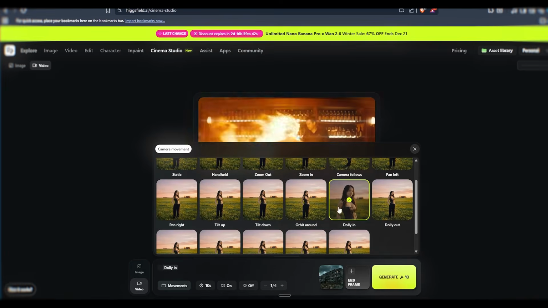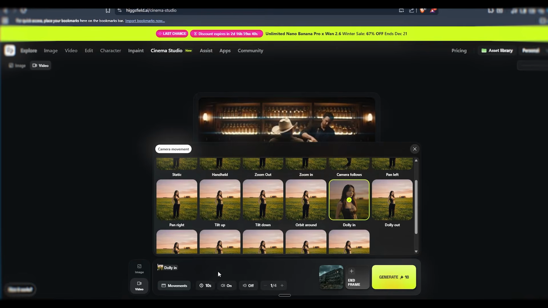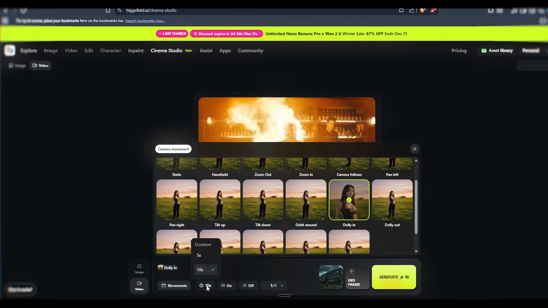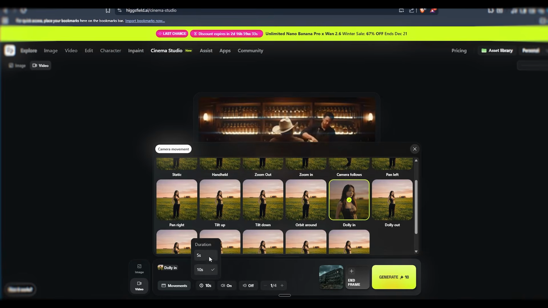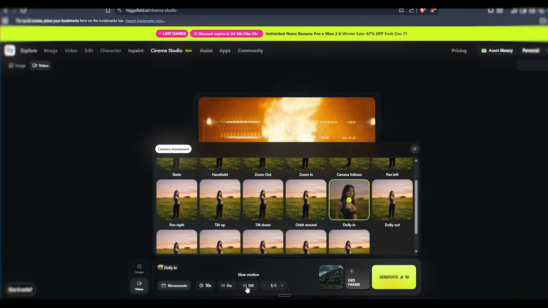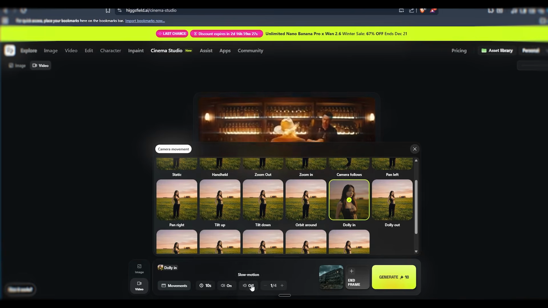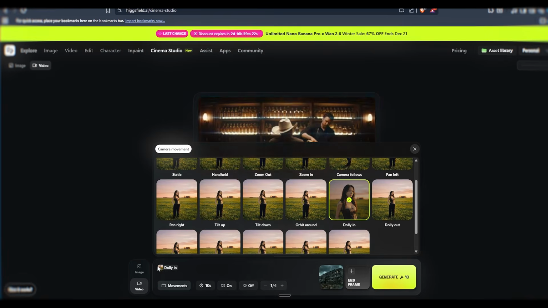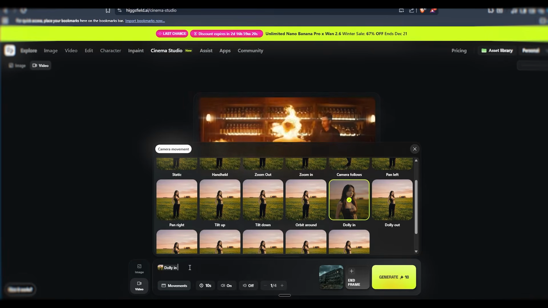For this establishing shot, I'm choosing slow dolly in. We want to slowly push toward that building, creating tension and drawing the viewer into our story. Remember, treat movement as emotion. A slow dolly creates dread and anticipation. Set your duration to the maximum available, resolution to the highest quality, and batch size according to how many variations